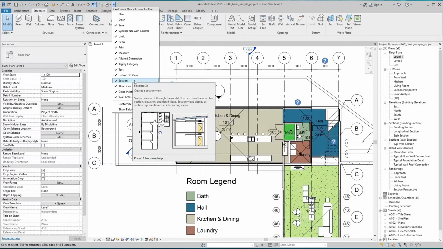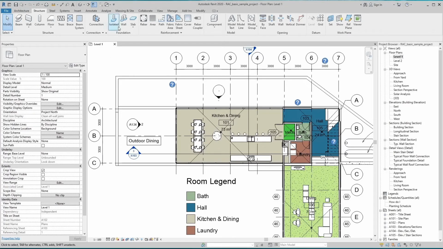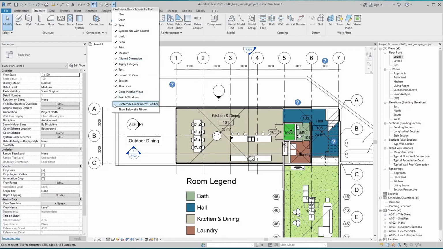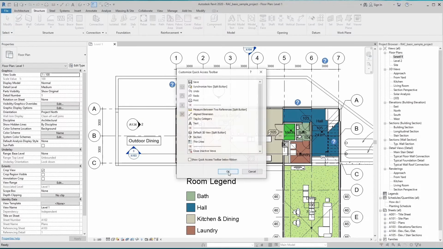We can also organize the Quick Access Toolbar. For this, access the bar in the drop-down button. Here we see a list of all the tools in the toolbar. To the left we have 4 buttons. The first two look like arrows and are used to rearrange the order of tools. Select any tool and use the up arrow. You can move it up, even to the first position of the Quick Access Toolbar. You can move any tool down with the down button.